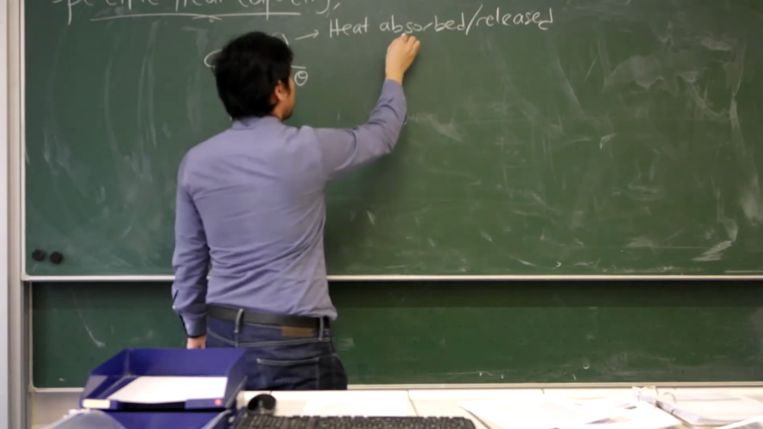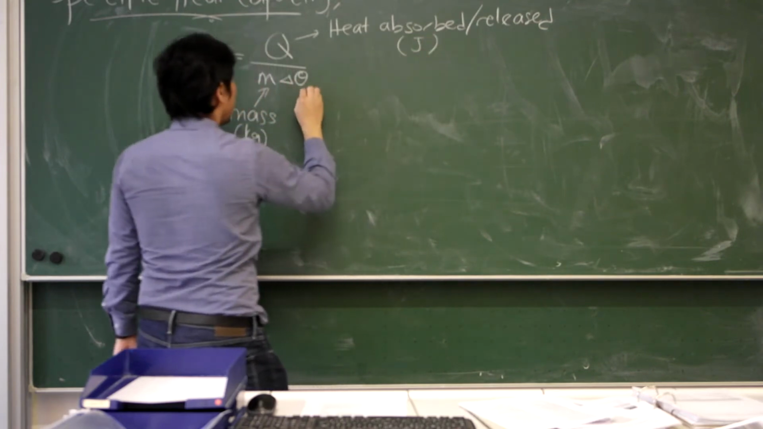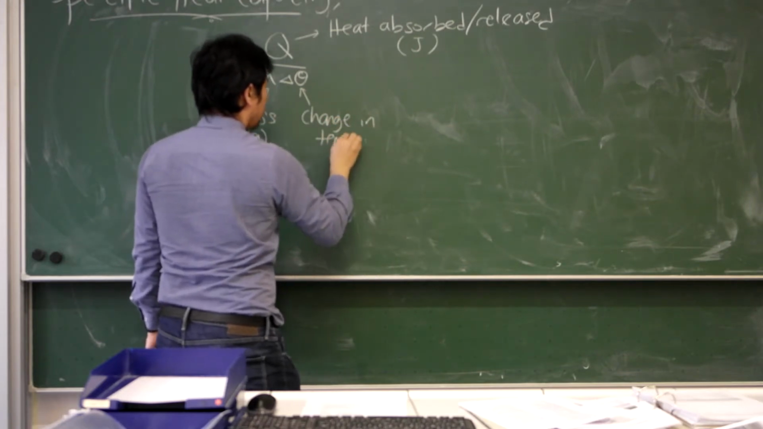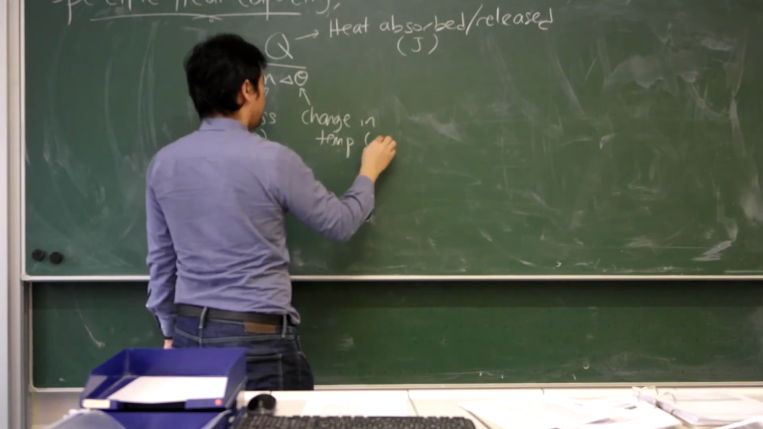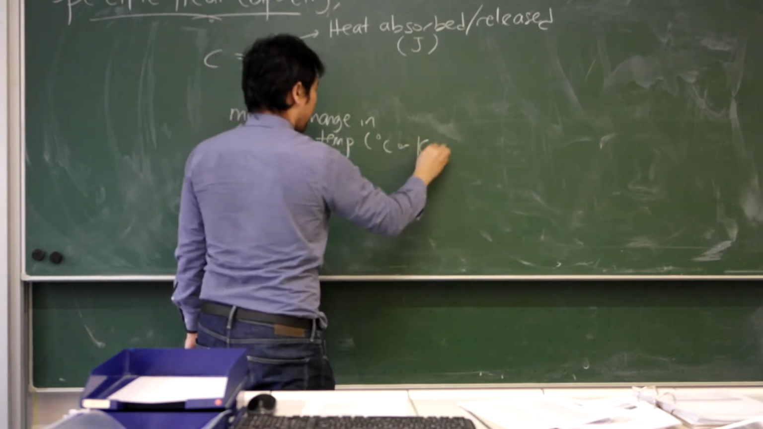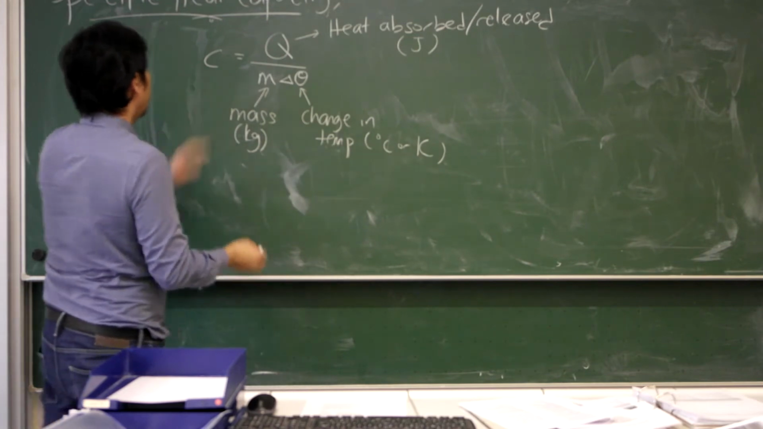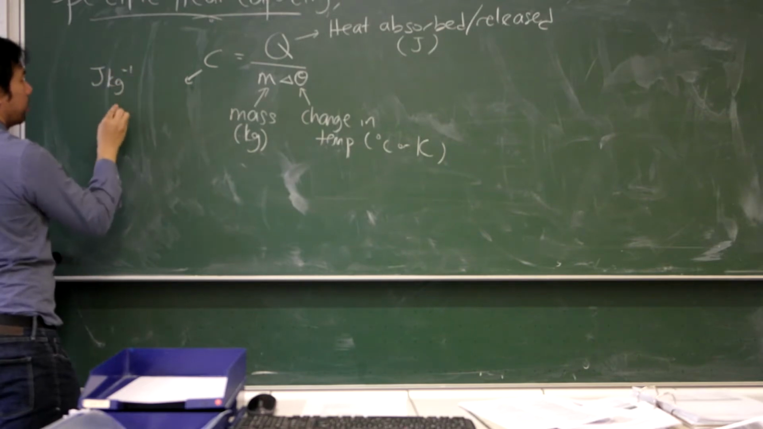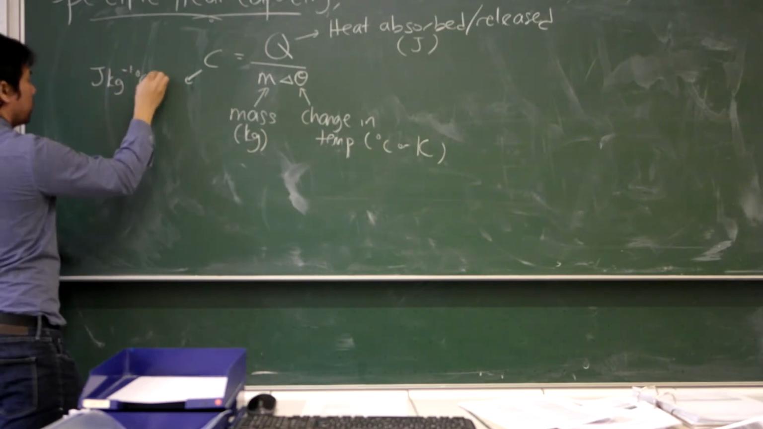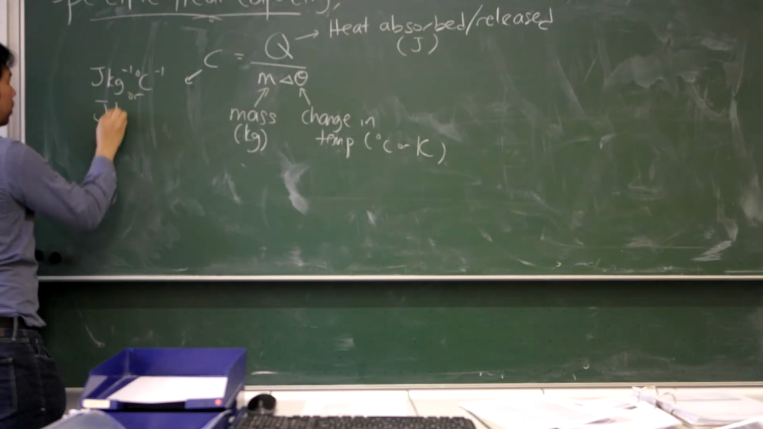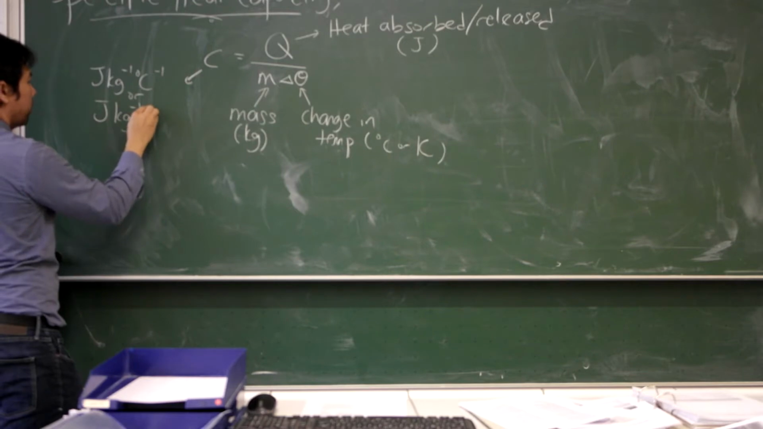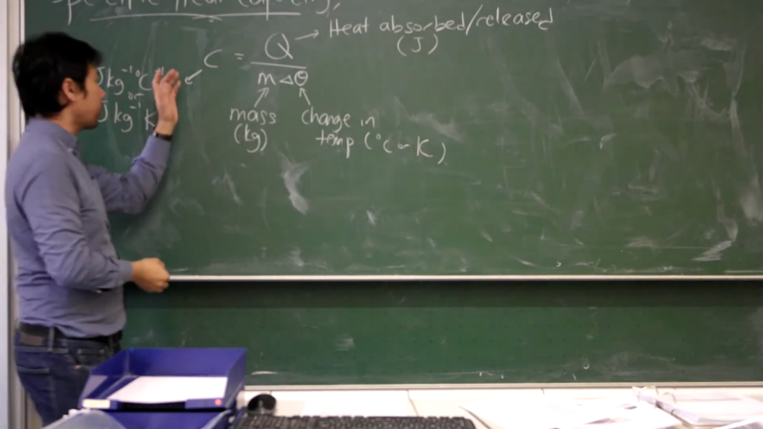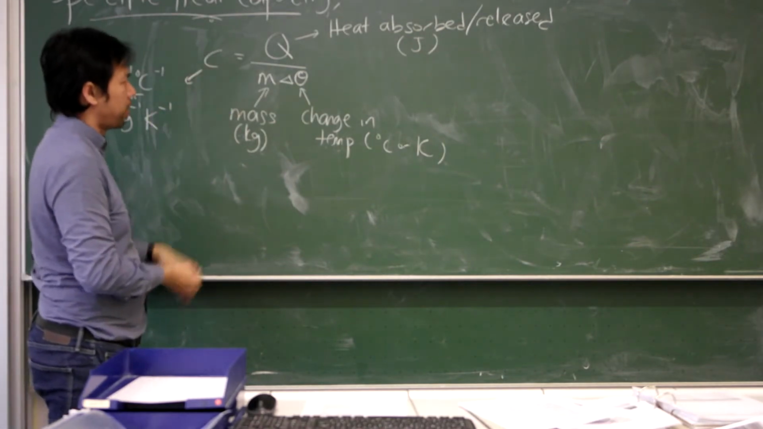What's the unit for heat, guys? Joule, that's right. Delta theta means change in temperature. And what's the unit for change in temperature? It could be degree Celsius or Kelvin, so either one is fine. So what's the unit for C? Joule kg minus 1 degree Celsius minus 1, or Joule kg minus 1 Kelvin minus 1. Is that okay? So that is the equation for specific heat capacity, but don't just look at the equation,